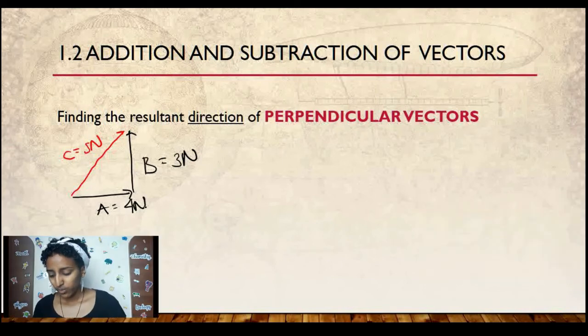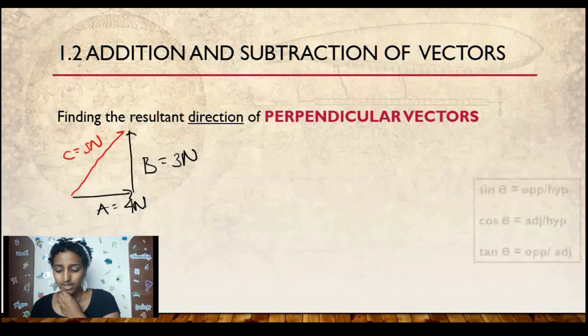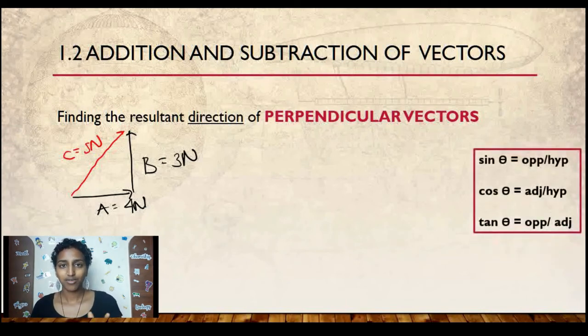To find the direction, we use what we call the trigonometric ratios. I can't even pronounce that properly. We have sine, cos, and tan theta. Honestly, you can use any of these three to find the value of the direction of the resultant vector. Think back when we tried to graphically represent the direction of a vector. We have to have a reference line, correct? And we have to find the angle at which the resultant vector is elevated from the reference line.